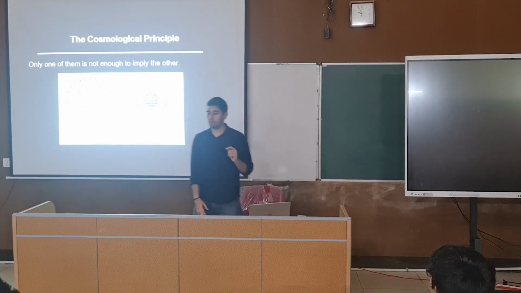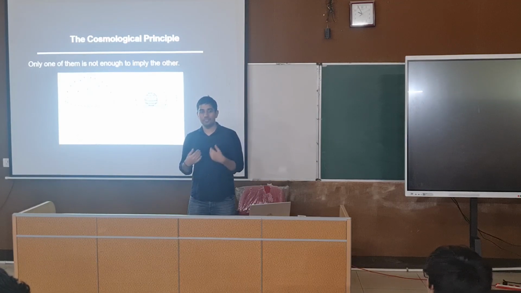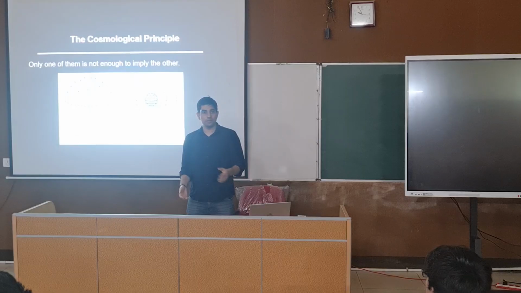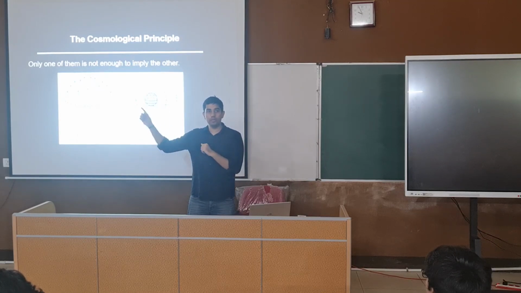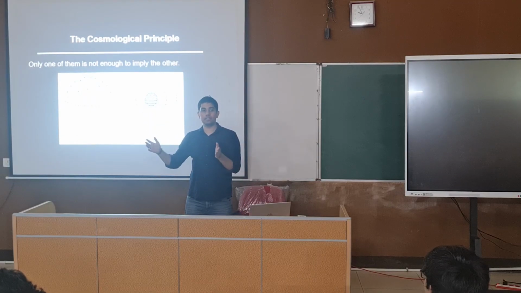Very good. So is this room homogeneous? No. I am standing here, right? And then there is a gap, and then you guys are sitting. So it's not homogeneous. There is air in between. Similarly, a galaxy is also not a homogeneous system. It has multiple stars, which are randomly aligned. Then you have two galaxies, Milky Way and Andromeda. So I will not see Andromeda in all the directions, right? I will see Andromeda only in a particular direction. But now if I look at scales much larger than this, so let's say,